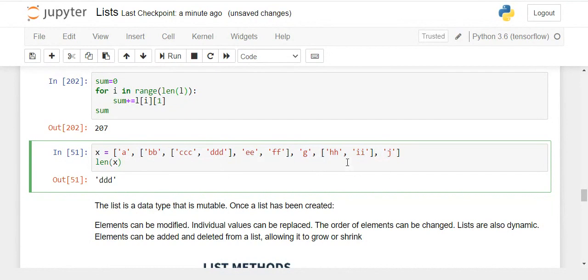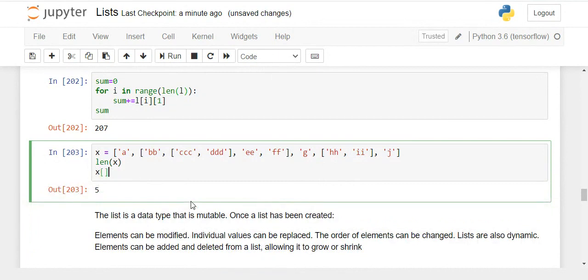So you can pause the video here for 2 minutes and find out what will be the code in order to retrieve the DDD object. What do you have to write here? So if you check the length of X, it will be what? 5, first object. This whole is your second object. This is your third object. This is the fourth object, and this one is your fifth object. Length is fine. It makes sense.